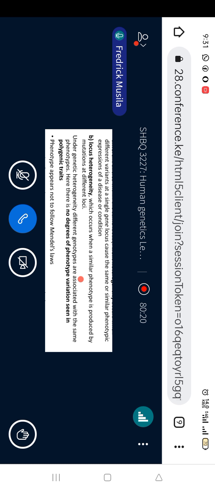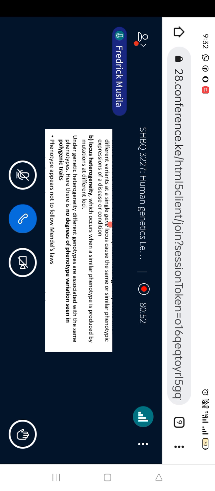It can be allelic heterogeneity, which occurs when a similar phenotype is produced by different alleles. I think it's very similar to polygenic traits. Remember we said very many genes determine the same phenotype. That is under polygenic traits. But now in genetic heterogeneity, we are looking at, for example, allelic heterogeneity, which occurs when a similar phenotype is produced by different alleles within the